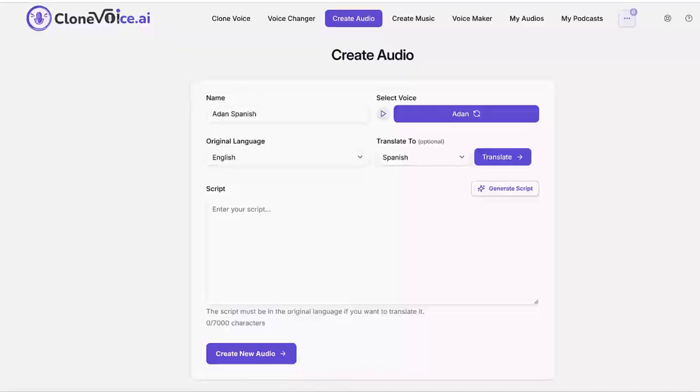All you have to do is head into the Create Audio section, give your project a name, and choose either your cloned voice or one of the system voices. From there, select your original language and the language you want to translate to. If you don't already have a translated script, no worries, just enter your topic, generate the script in English, and hit the translate button. The tool will instantly convert your script into the language you chose while keeping the tone